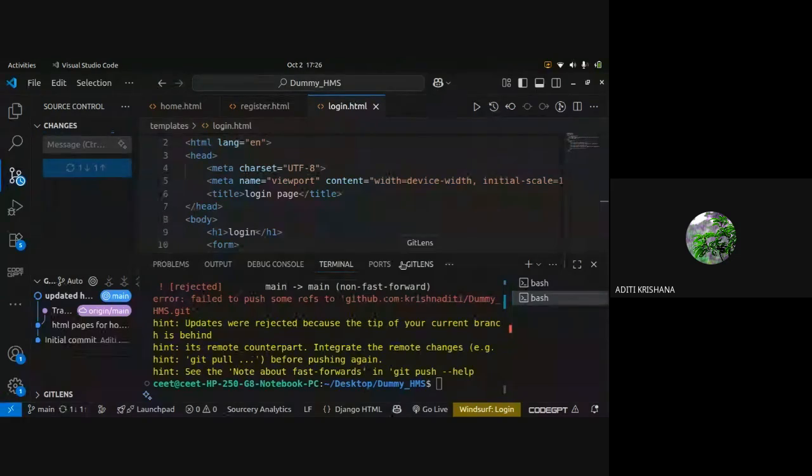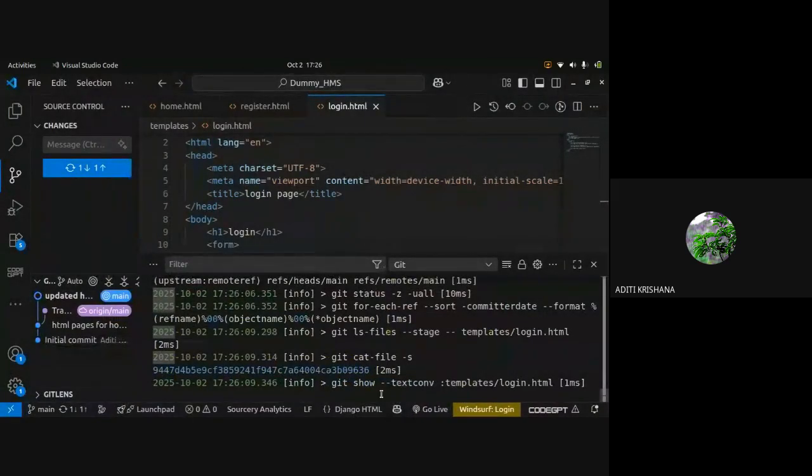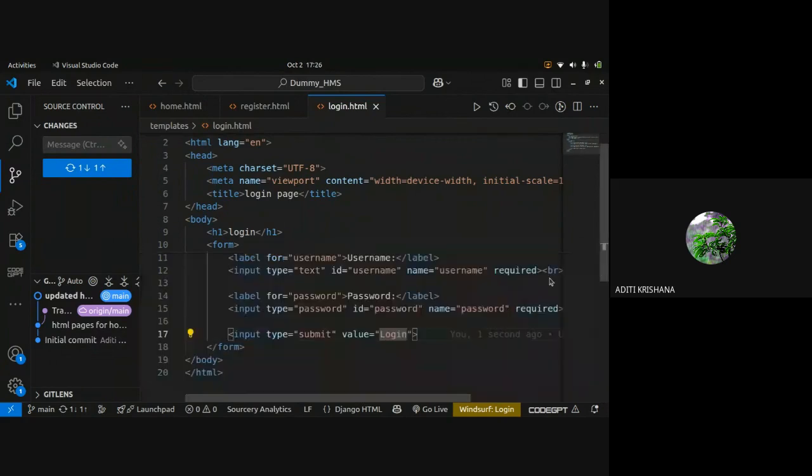Actually, I have changed my README. I have changed my README in the GitHub account only. So that is the error it showed. Just give me 1 minute.